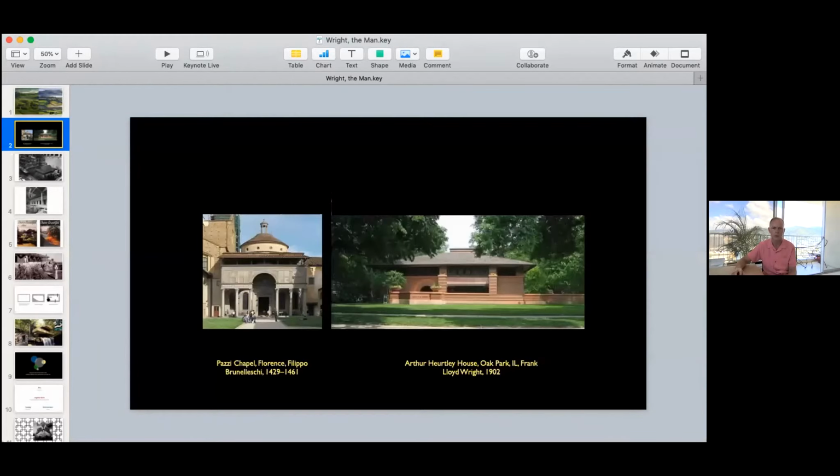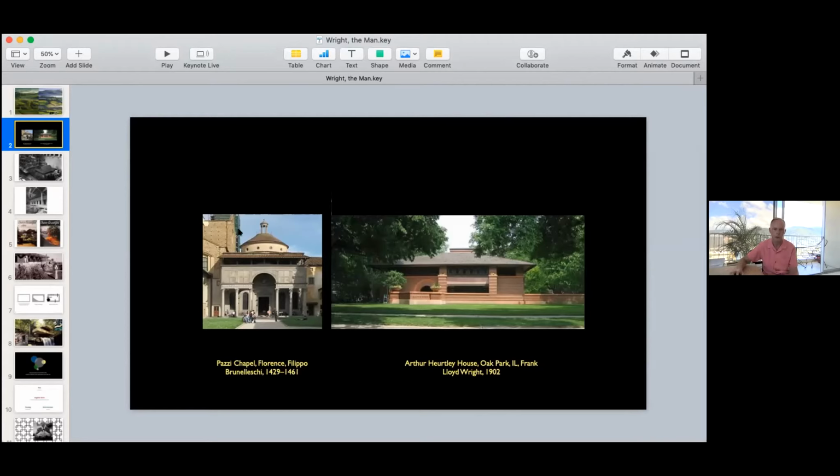And then another thing I missed out last week about alternatives: Wright was a magpie. He learned from all kinds of different cultures, not just Japan. So when he was in Italy, in Fiesole, outside of Florence for a year, I'm sure he saw Brunelleschi's Pazzi Chapel.